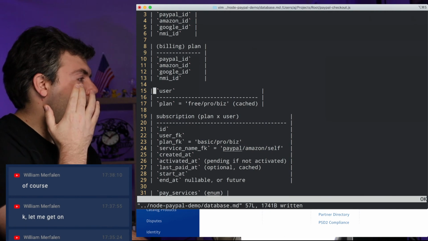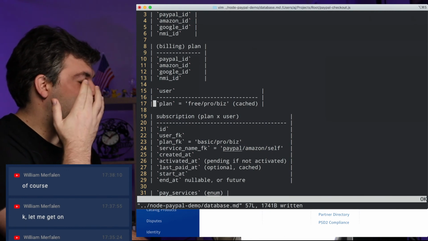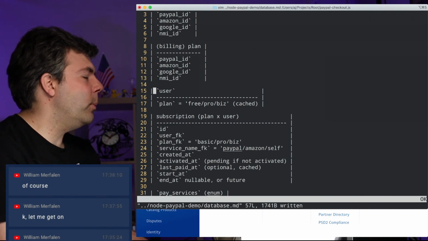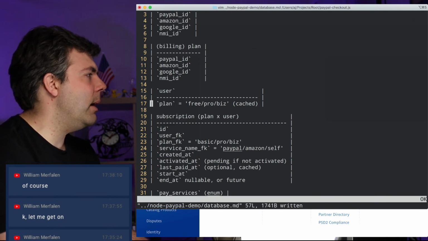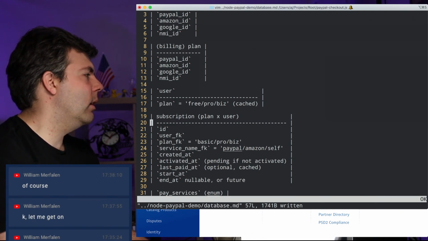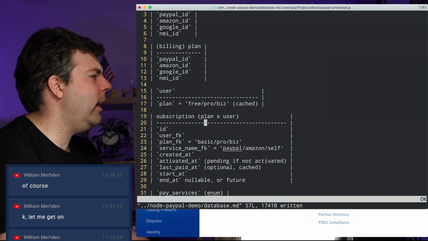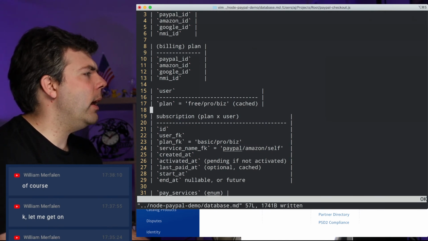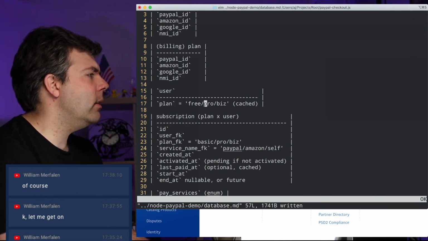So yeah, I think I would add this. It's technically duplicate information, but if I'm going to update subscription, I'll update the user at the same time. And if those somehow get out of sync, then I'll fix it. If somebody emails support and says, "Hey, I just upgraded to the pro plan, but it says that I'm still on the free plan," then I just go,